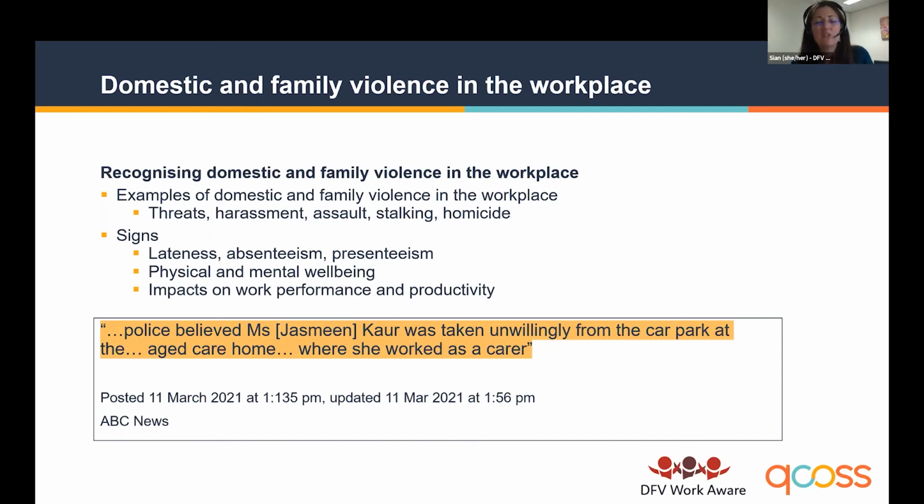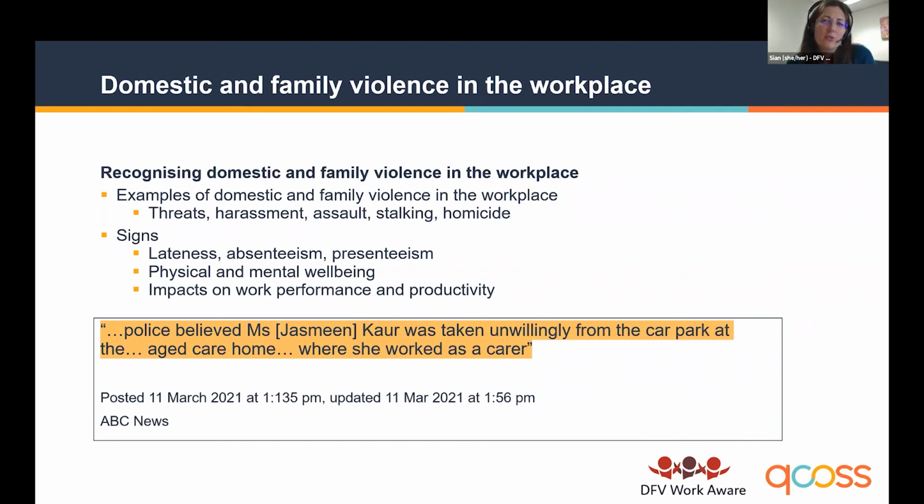The other thing you may notice is poorer or reduced performance, and that might result from being quite distracted or being quite fatigued and having difficulty concentrating. And you can imagine if someone's performance is impacted, they might then be subjected to performance management. Without having that broader understanding of, well, hey, let's check out what's actually happening for this person and what supports we can put in place, it might mean that someone experiencing domestic and family violence is then experiencing performance management too, without additional support in place. We don't want that to be happening, and this is where developing really good policy will help us provide really supportive environments for our colleagues and our employees.